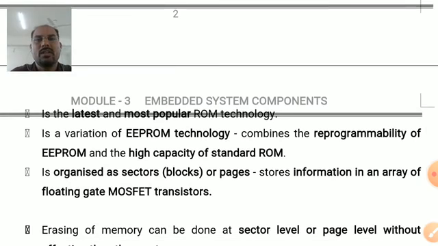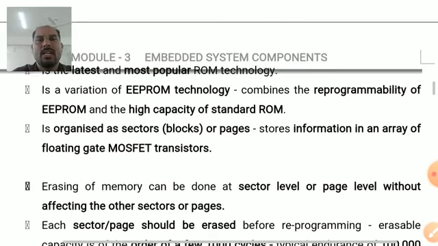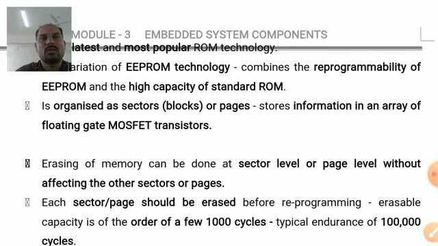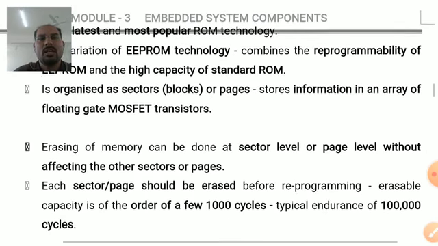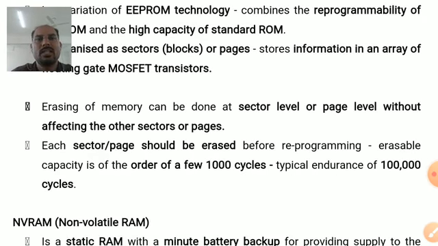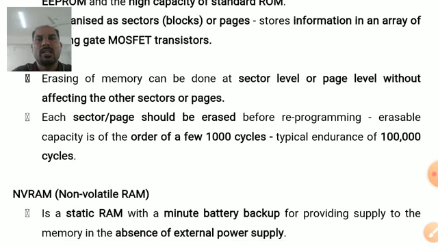It is a variation of EEPROM technology. It combines the reprogrammability of EEPROM and the high capacity of standard ROM. This flash is organized as sectors or blocks or pages, and stores the information in an array of floating gate MOSFET transistors. Erasing of memory can be done at sector level or page level or block level without affecting the other sectors or other blocks or other pages. Each sector, block or page should be erased before reprogramming. Erasing capacity of this type of memory is of the order of a few thousand cycles, whereas the endurance is of